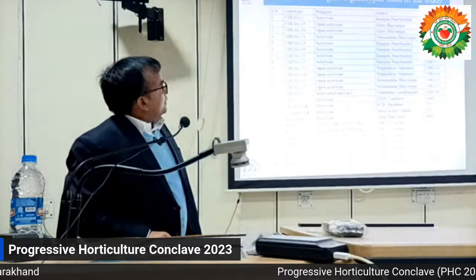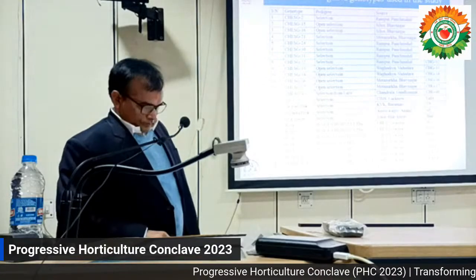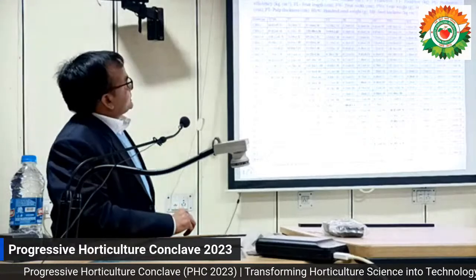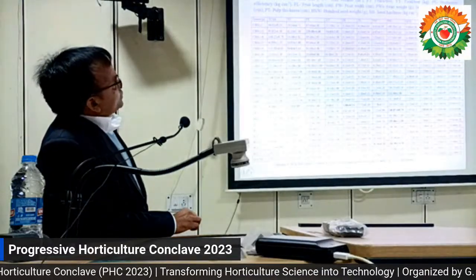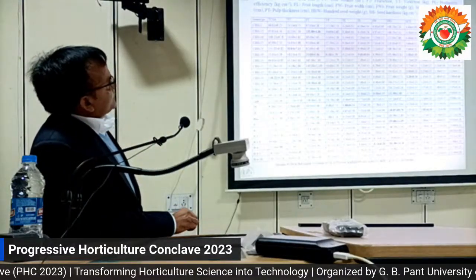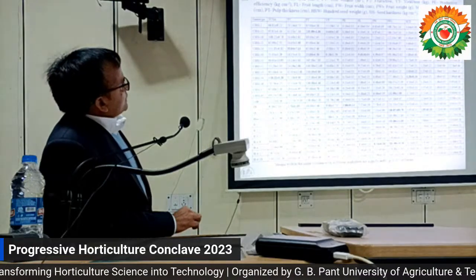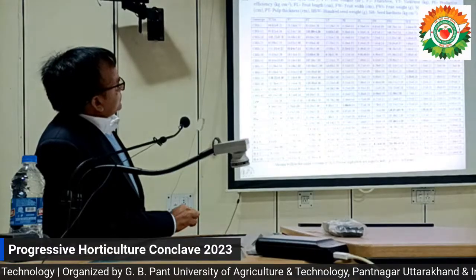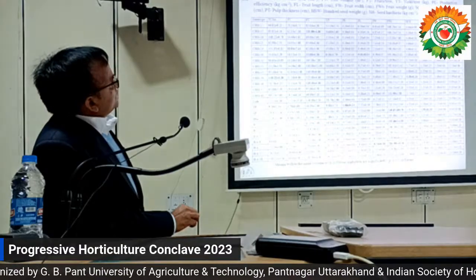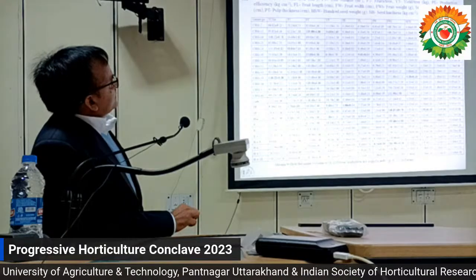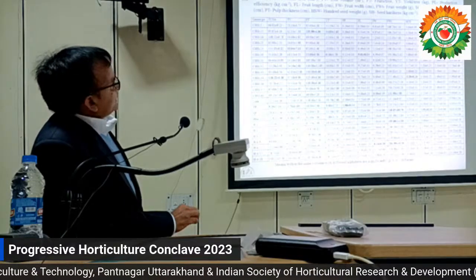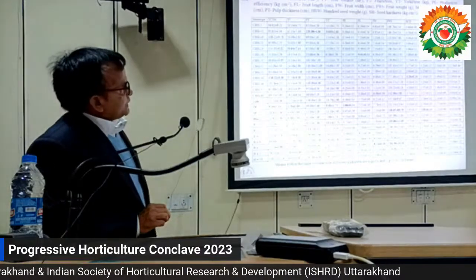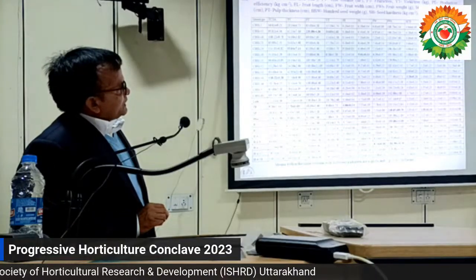These are the list of guava genotypes used in this study, and these are the descriptive statistics for tree growth, fruit yield, and seed traits in guava genotypes. There was wide variability for these traits, and HSD24 had high tree volume, and HSD15 had more number of fruits per tree, and yield was also high. This was also good. This also had less 100 seed weight and seed hardness.